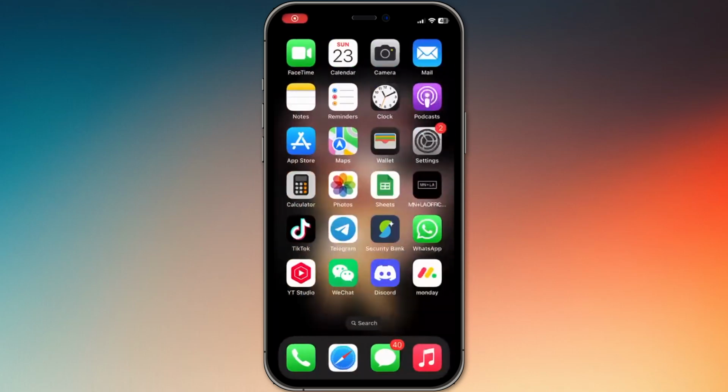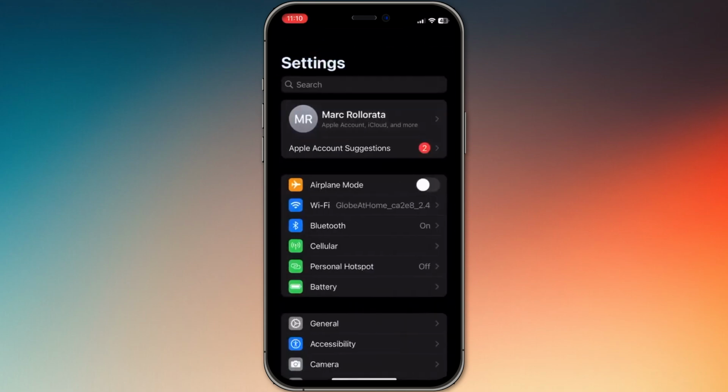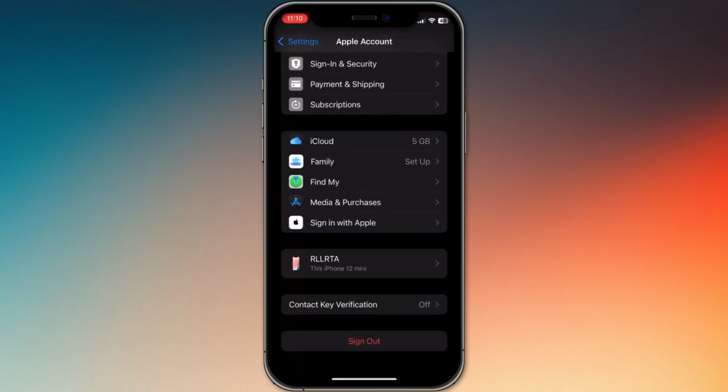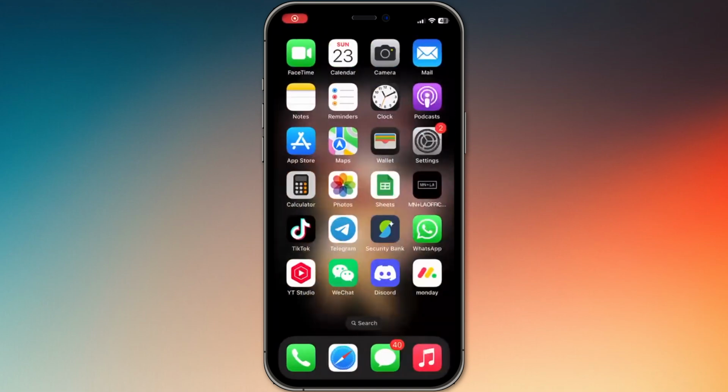How to add another iCloud account on iPhone. I'm going to tell you how to add another iCloud account on your iPhone. First, you can't just switch accounts on an iPhone, unlike on a Mac, which you can easily switch from one